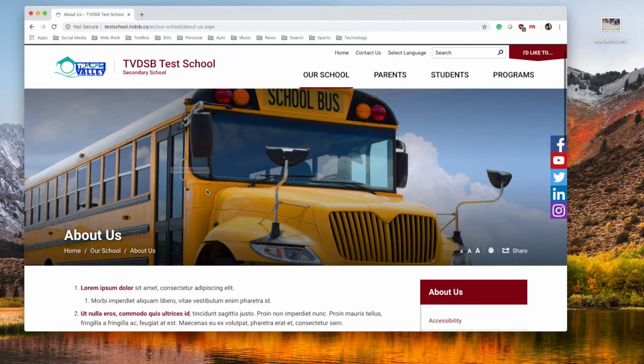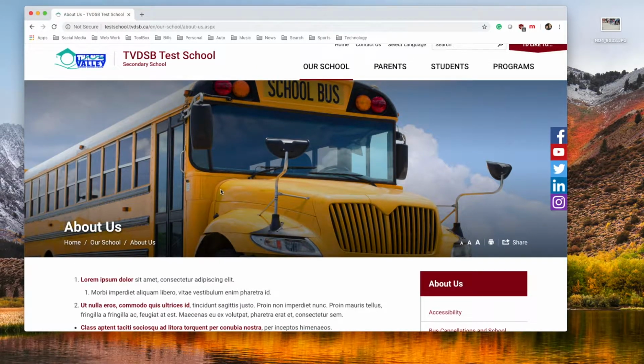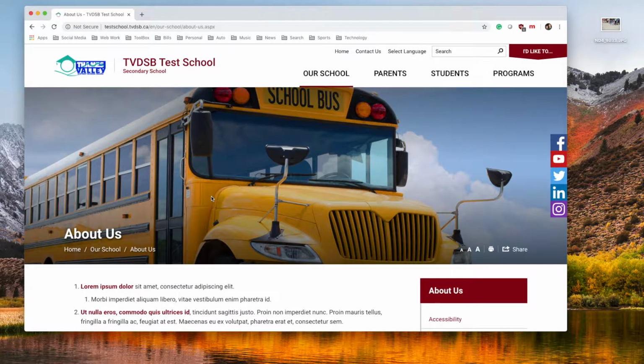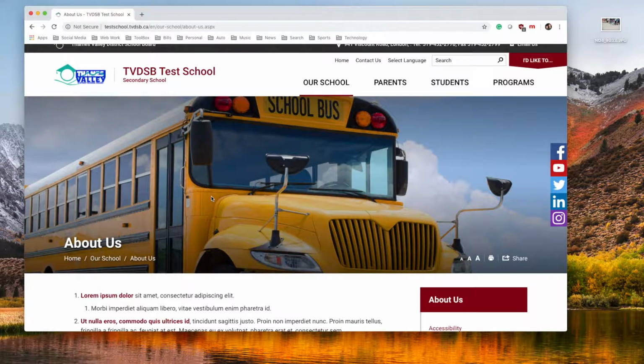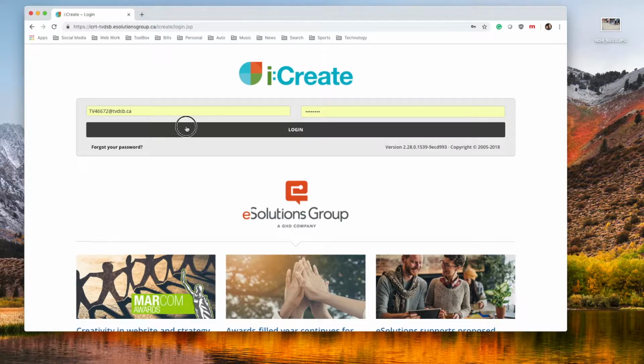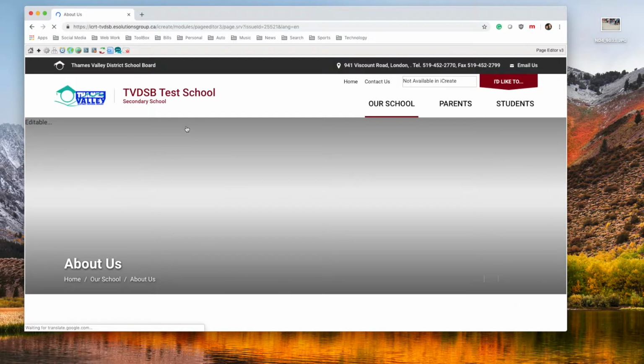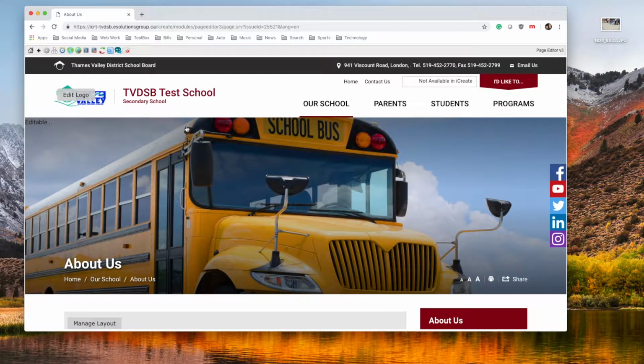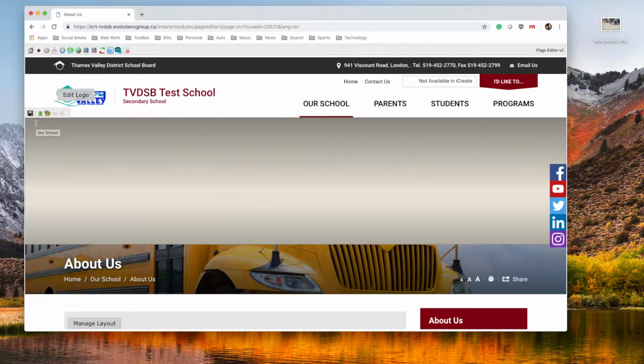I'll navigate to the page I want to change the image on, and I'll double tap the control key on my keyboard. This will allow me to log into the editing software. Once I've logged in, I see this text on my graphic that says editable. When I click that text, it pops me into the banner, and then I'm able to insert a new